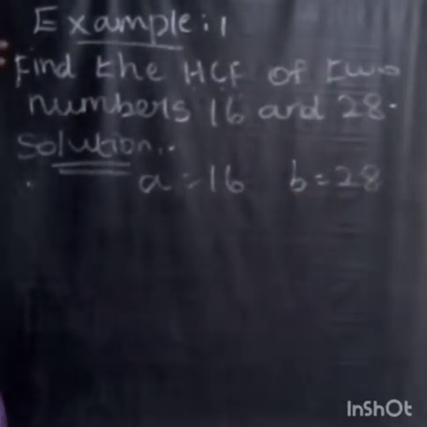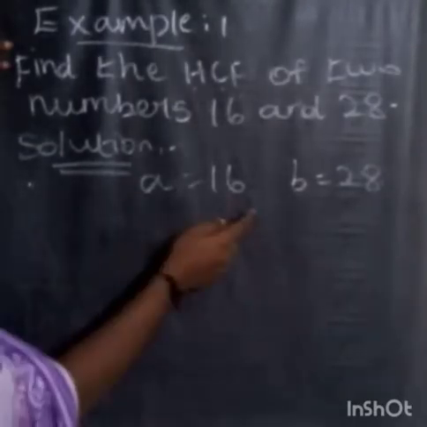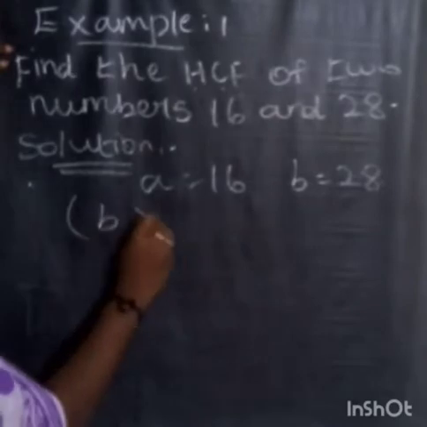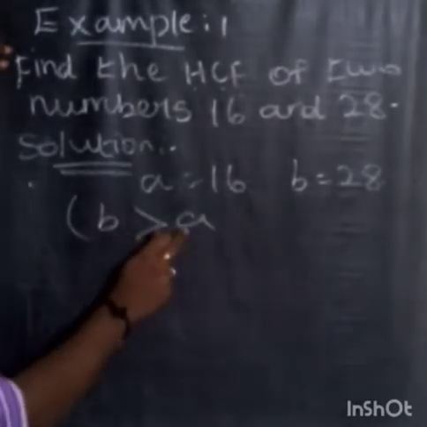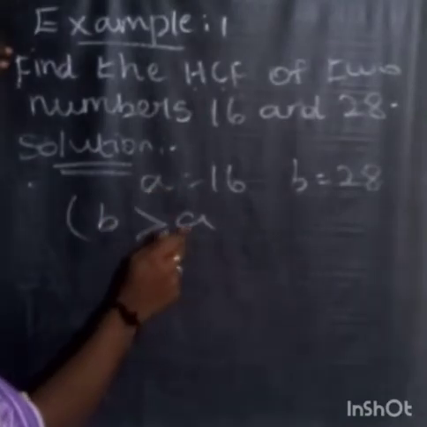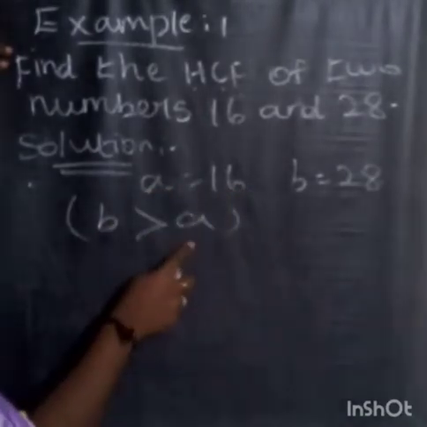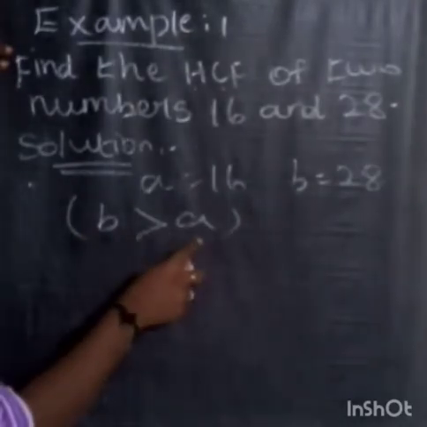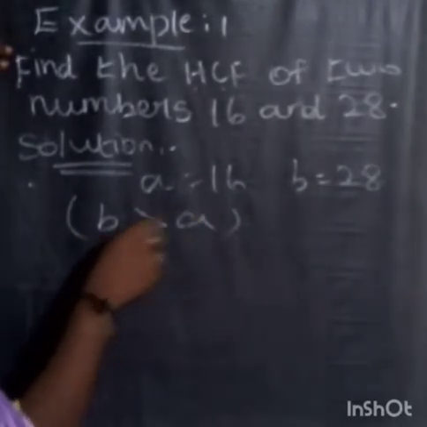The HCF of A and B. Here B is greater than A. B is 28, which is greater than 16, so B is higher. B greater than A is the same as